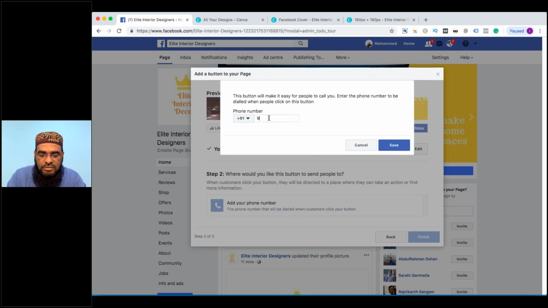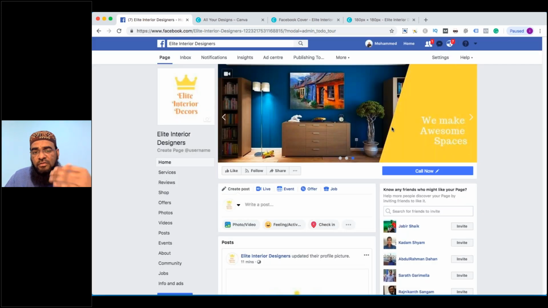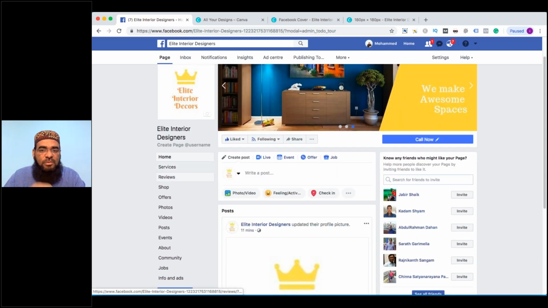So 97037. This is actually our services office number. Done. So that would be a call button activated. So if anyone is interested, immediately they can see our number and call us. Then I would like to add my own page first. All right. And then I would like to add some basic adjustments more.